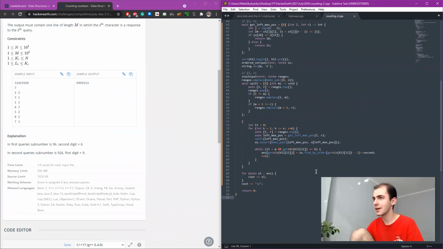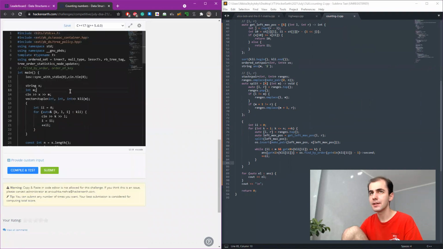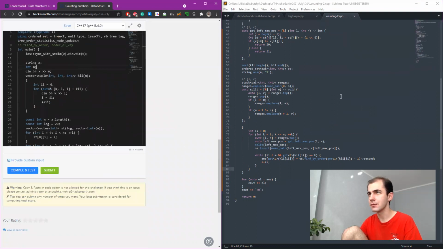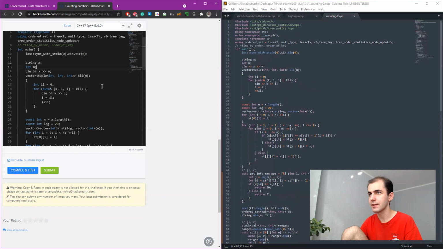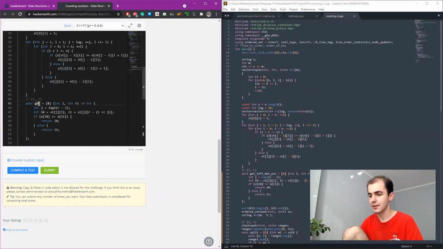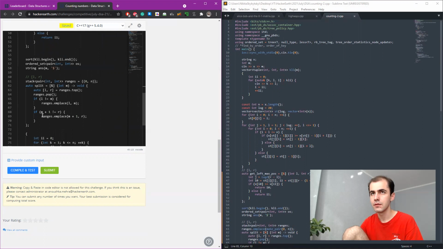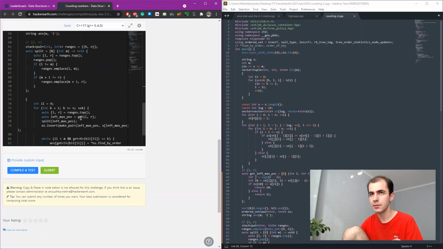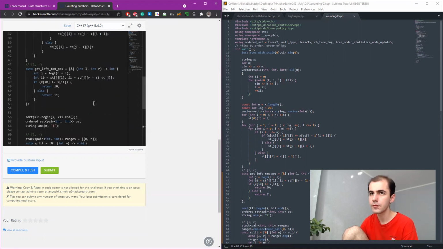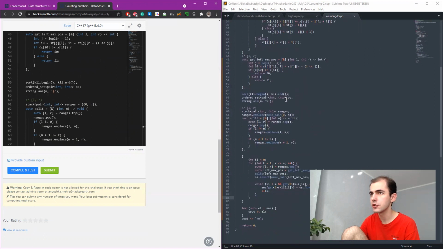If I can take this joke from the announcement. Okay, so what are the changes that we made? It is get left max position. It's changed here and I believe here. String was not changed.